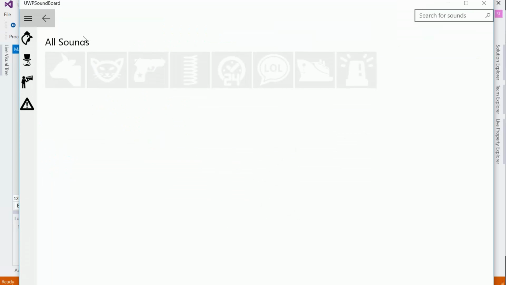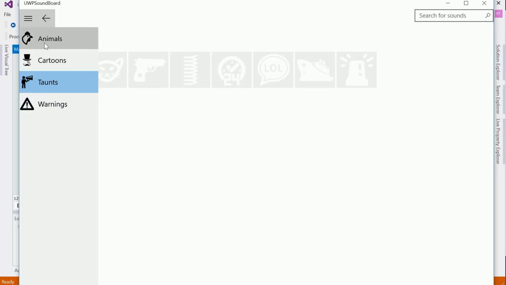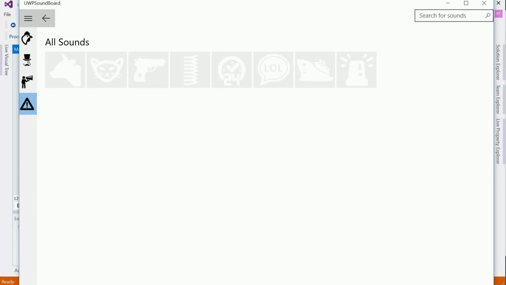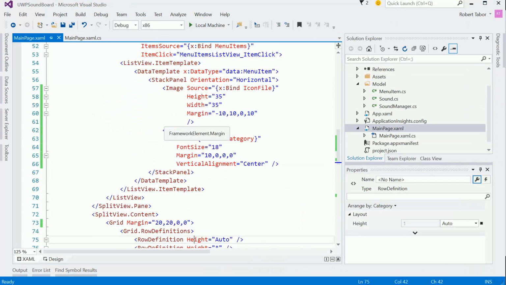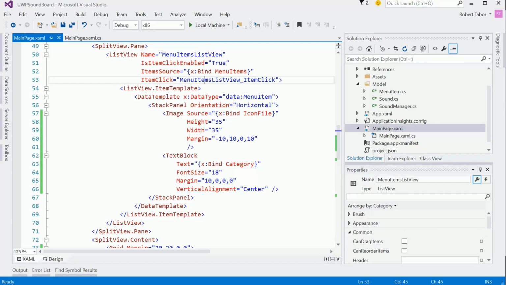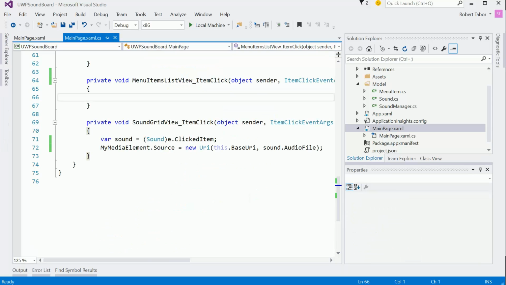All right, I feel a little bit better about that. That might be a bit much, but overall, I like where we're going with this. The next thing I want to do is get the menu actually working, so it actually filters. So let's work on that part right there. And the list view that we have, we're going to accept input from the menu items list view ItemClick event handler, and